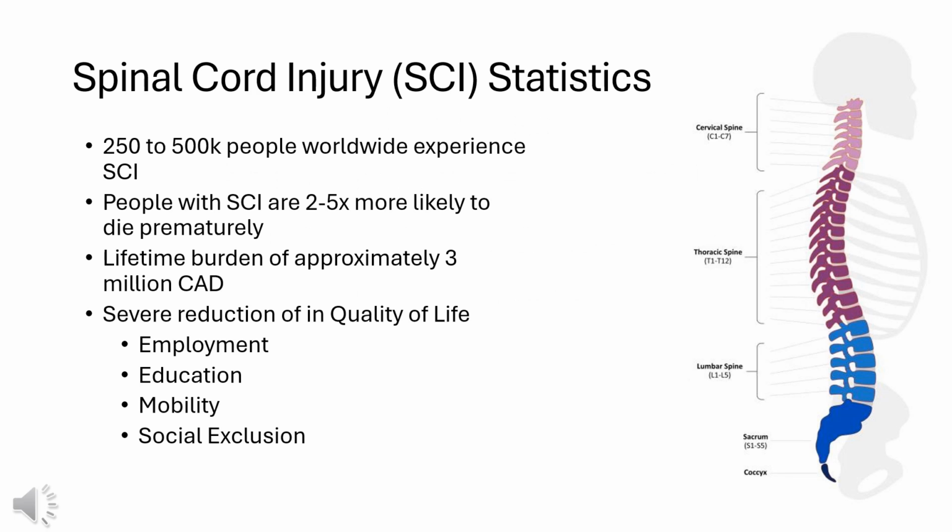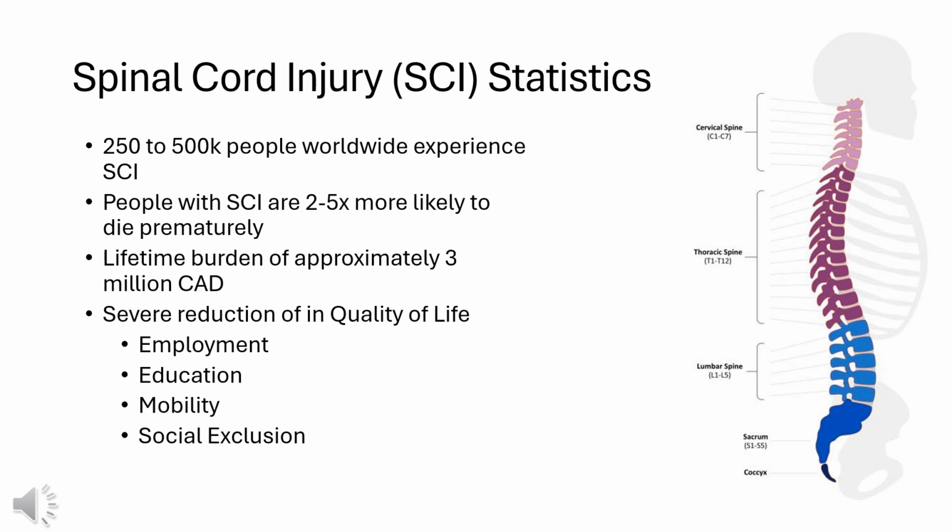Before we can understand the rationale behind researching the specific role of the rubrospinal tract in spinal cord injury, we need to consider why researching spinal cord injury is even important. Surprisingly, spinal cord injury is all around us, as 250 to 500,000 people around the world are living with spinal cord injury right now. On top of that, due to increasing longevity, spinal cord injury is becoming even more prevalent as older people are far more susceptible to it.